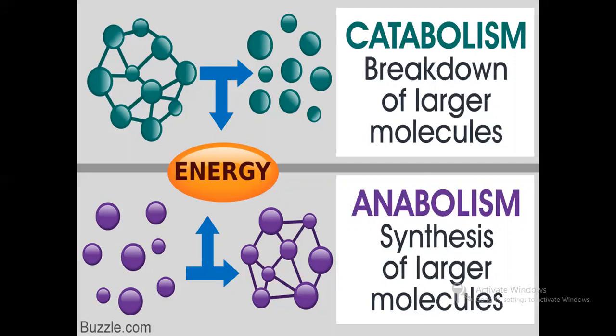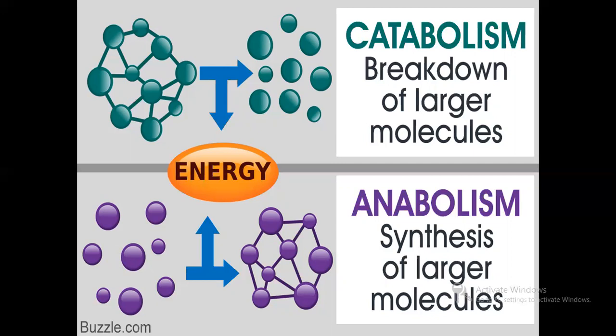And it requires both the free energy as well as the raw materials that are released by catabolism. So here catabolism is kind of a giver and anabolism is a kind of taker, because catabolism breaks larger molecules into smaller molecules, and some amount of energy is released during this process. And the energy that is released during catabolism and the molecules that are broken down will be transferred to the